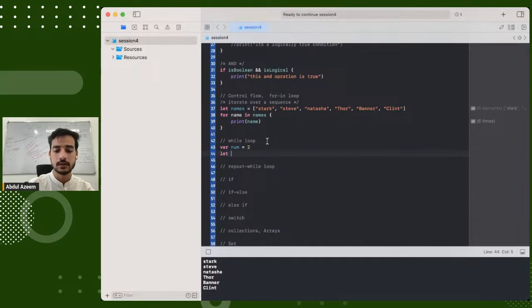Let's say this limit is, let limit equals, let's say, 20. So how the while loop will work: while number less than 20, number